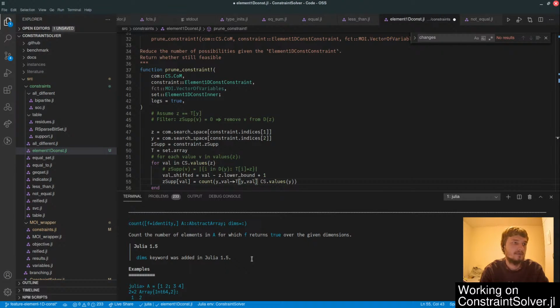Well, we should check some bound stuff, right? We should do that in the init constraint stuff. So this one equals well,